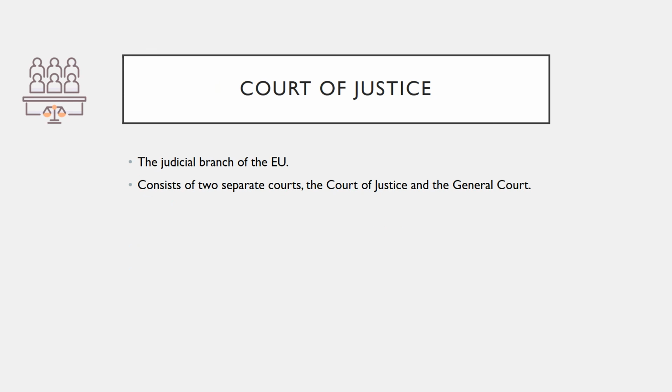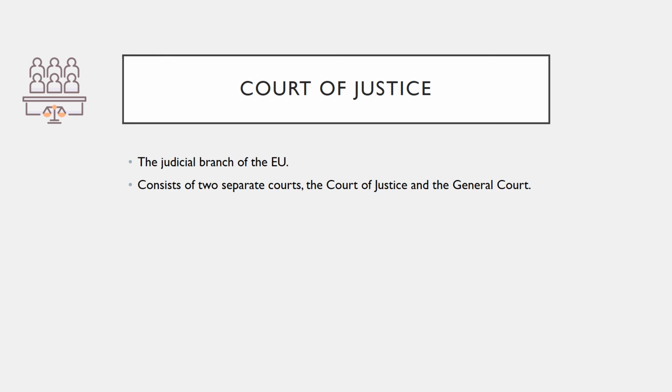While we have already reviewed this earlier, it is worth going over again. The Court of Justice is the judicial branch of the European Union. The Court of Justice of the European Union, CJEU, interprets EU law to make sure it is applied in the same way in all EU countries, and settles legal disputes between national governments and EU institutions. It can also, in certain circumstances, be used by individuals, companies or organizations to take action against an EU institution, if they feel it has somehow infringed their rights.